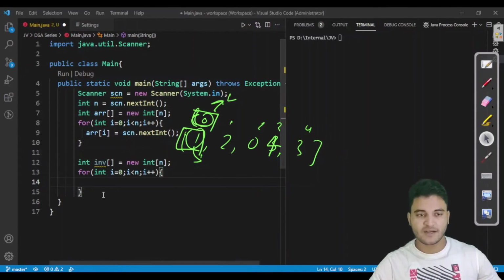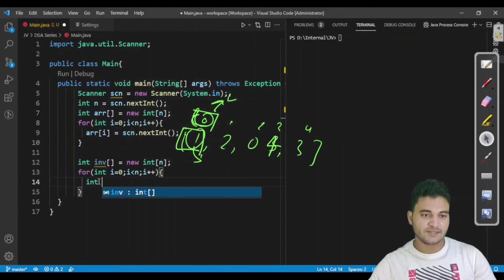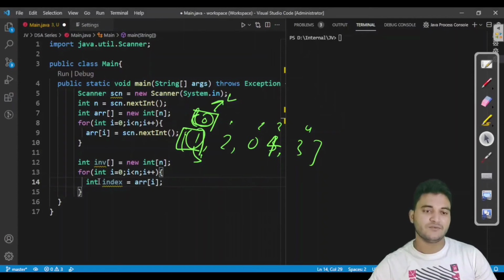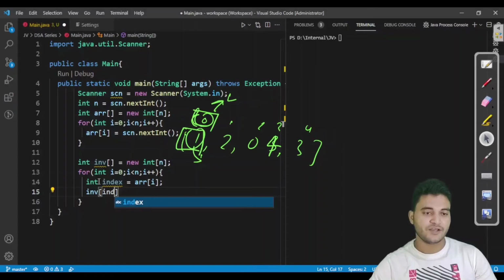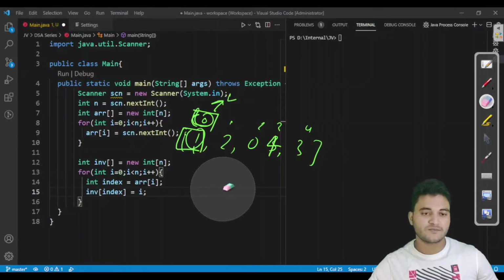Let me write so that you would have more clarity. Inverse, let us say first calculate the index. Index would be ARR of I, which is the value. And the value would be I, which is the index. So inverse of index is equal to I. See very carefully what it is doing. Let me re-explain it also.